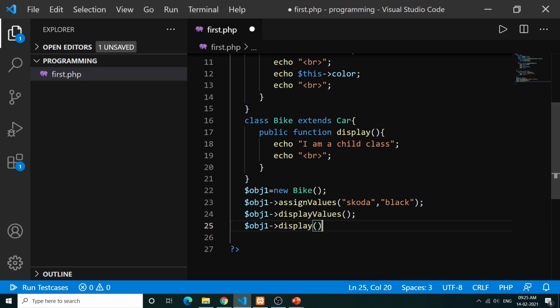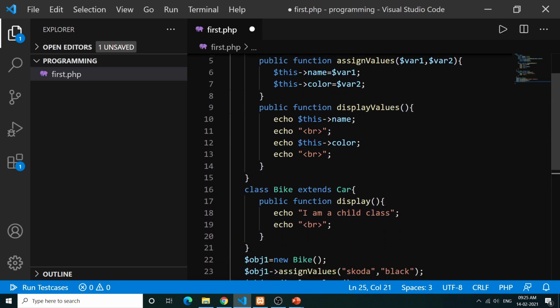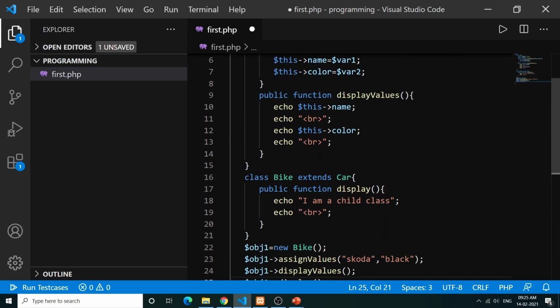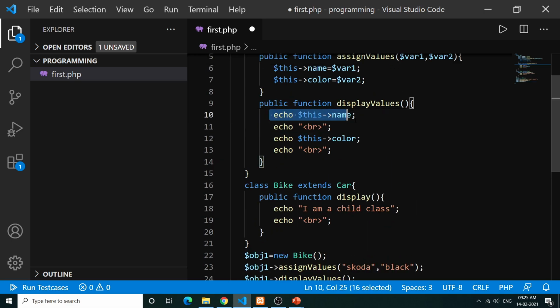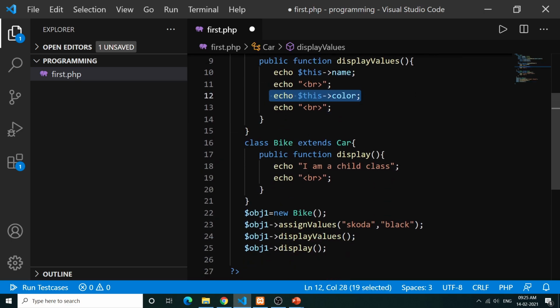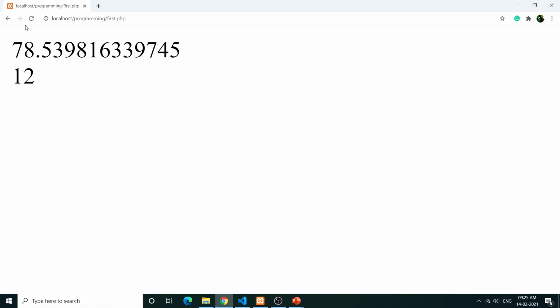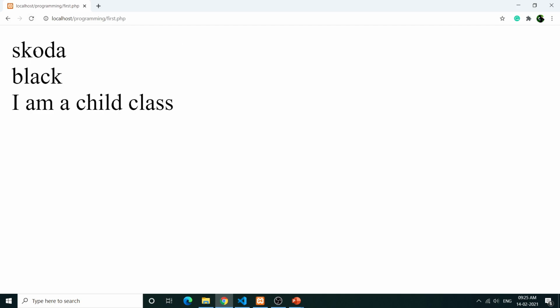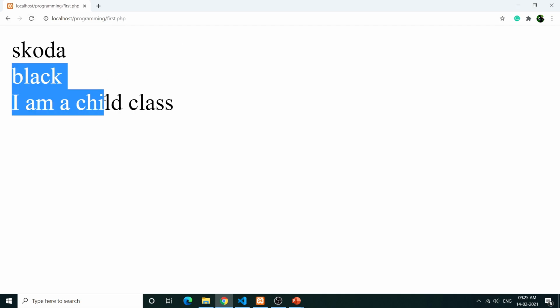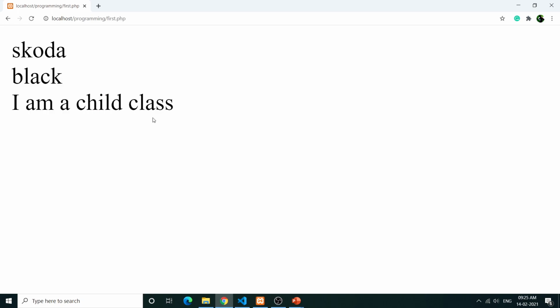Display. Okay, so first what will happen is, first Skoda and black will be printed, these two. And then this statement will be printed, I am a child class. Let's see whether it works or not. I'll just refresh. Okay, so as you can see, Skoda, black, and I am a child class has been printed